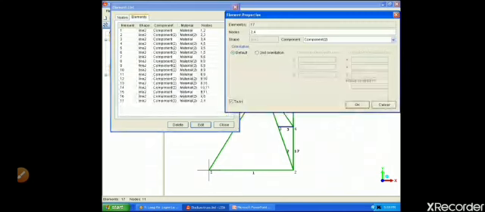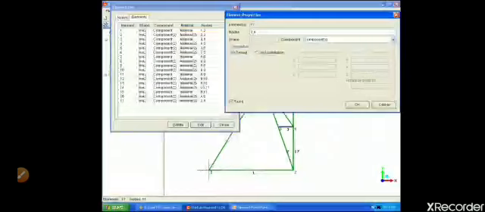Here manually also, if you want to do some editing work, we can do that. You can change the nodes which are connected together to form an element, and component wise you can add the materials also. Here we have taken two materials, named material and material 2.